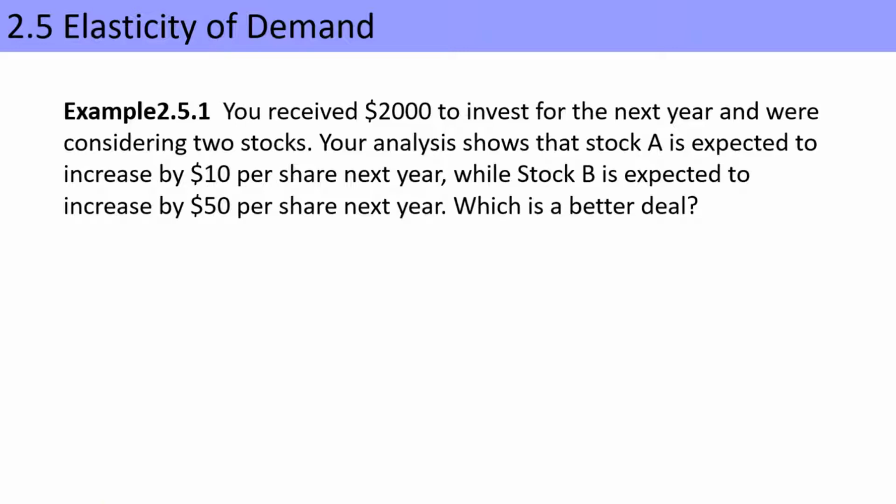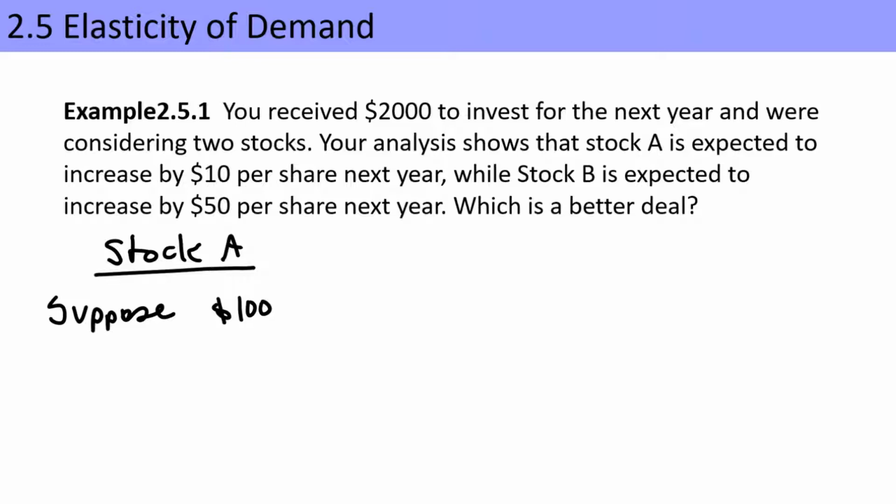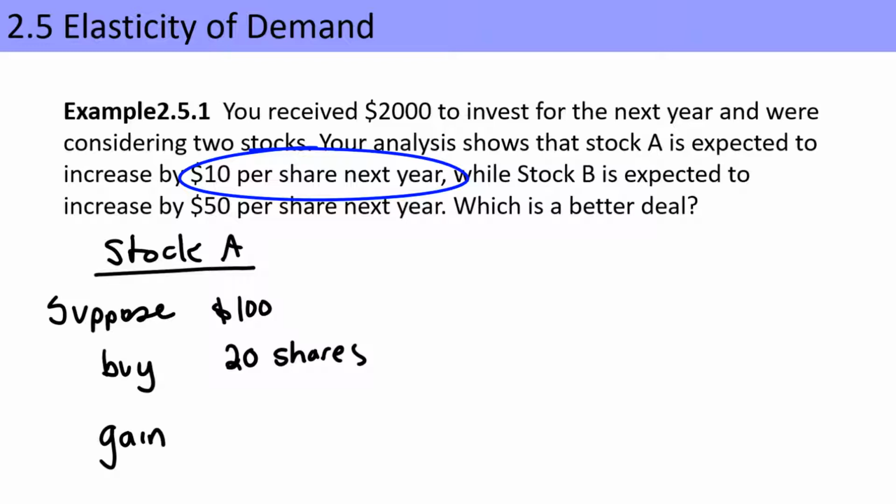For instance, let's look at stock A. Suppose that stock A is $100 per share. At $100 per share and $2,000 to invest, you can purchase a total of 20 shares. Now, if you have 20 shares and you get a $10 per share increase in value, you would have a net gain of 10 times 20 or